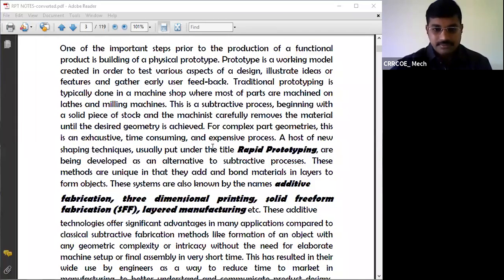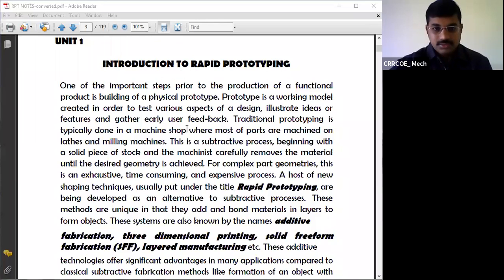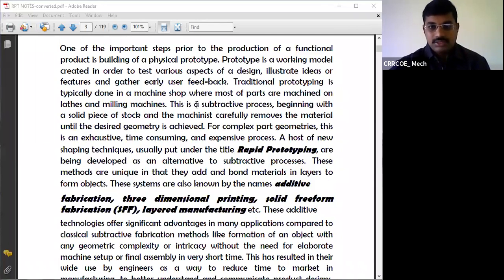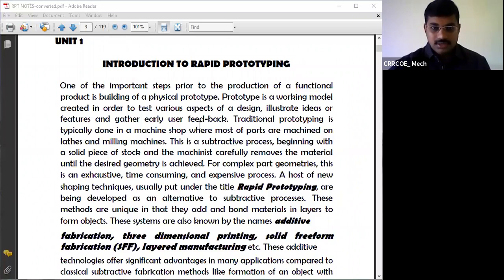Steps required for rapid prototyping. So everything we have discussed in the introduction, they have given the ideas from the concept. We have to generate the 3D model. From the 3D model, the next step is tessellation. Tessellation means the component is changed into standard tessellation language, or triangulation language.